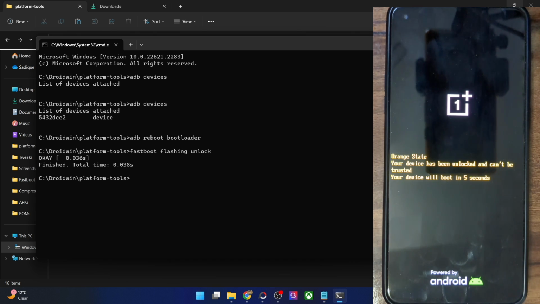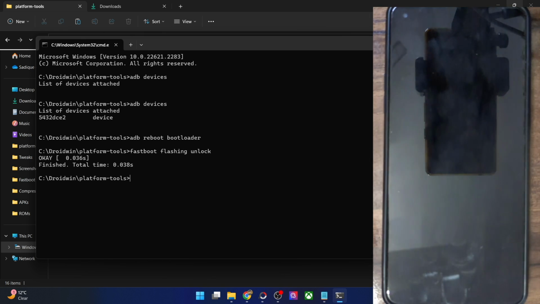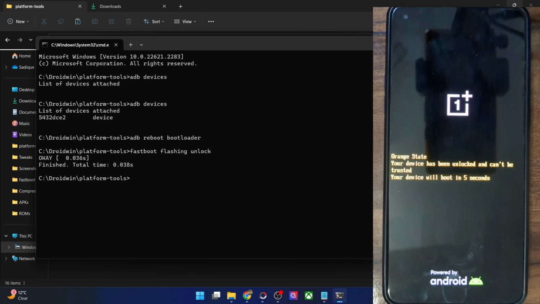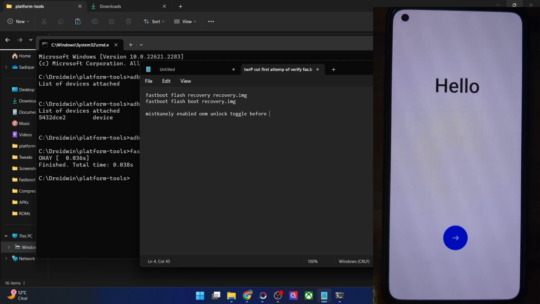After the reset, your phone will then boot to the OS and the bootloader will be unlocked in a matter of a few seconds. As you could see, it's currently undergoing a wipe. And once the wipe is done, you will have to set up your phone from scratch. If you want, you may do so right now. Or if you are planning to flash a custom ROM, then you might again have to do a format data, so you may simply skip that step. As of now, let's simply wait for the phone to boot up. It might take some additional time for the first boot. So guys, our phone has booted to the OS.